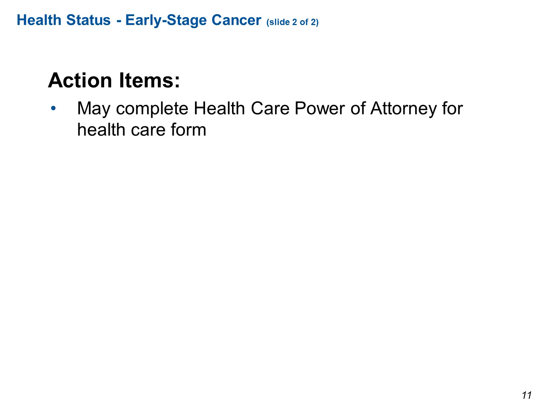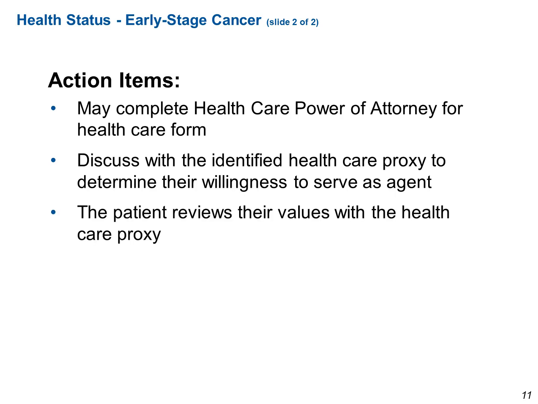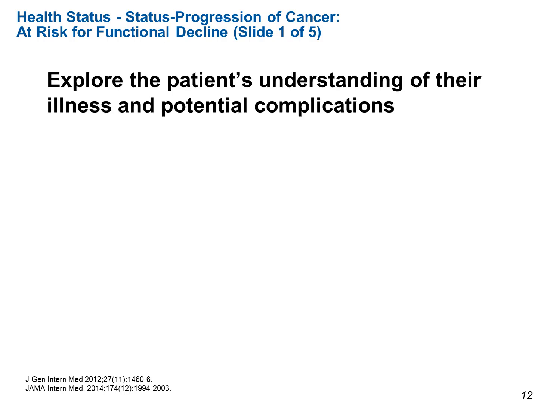Continuing with early stage cancer, the action items at this point in the advanced care planning process are: you may complete a healthcare power of attorney for healthcare form. You can discuss with the identified healthcare proxy to determine their willingness to serve as an agent. The patient reviews their values with their healthcare proxy. As the disease progresses and there's a resulting functional decline, we need to explore the patient's understanding of their illness